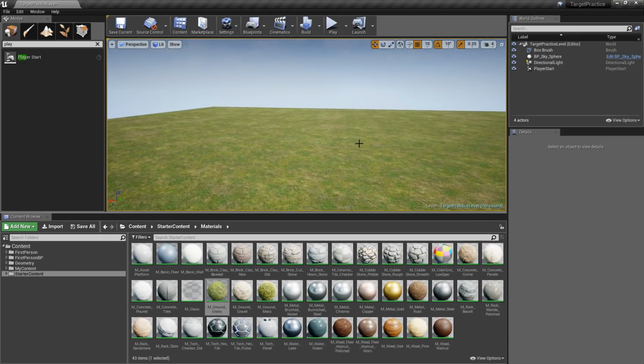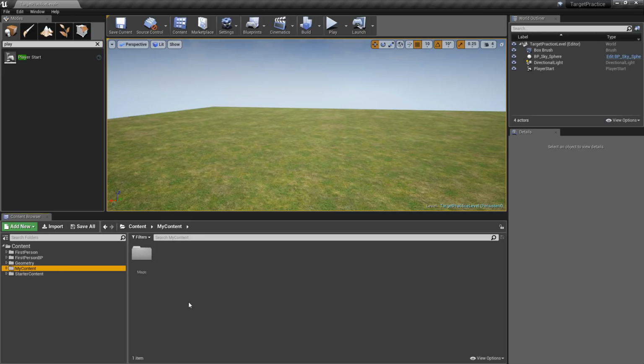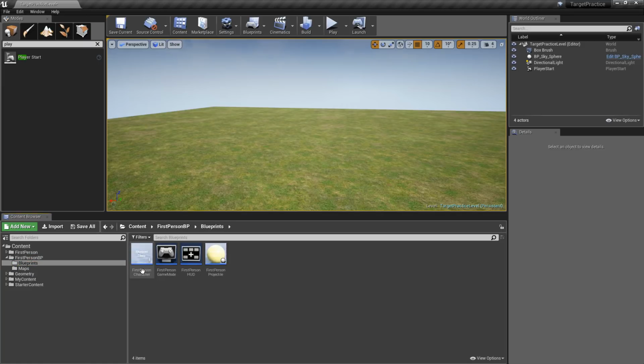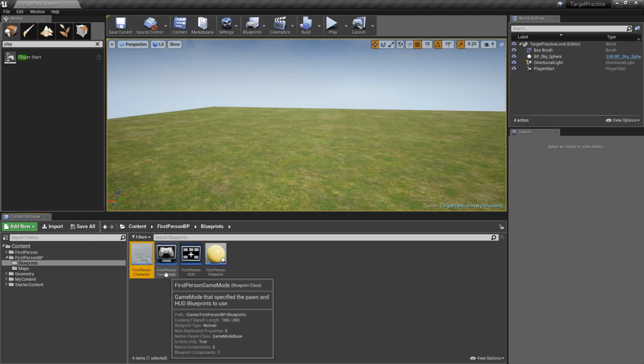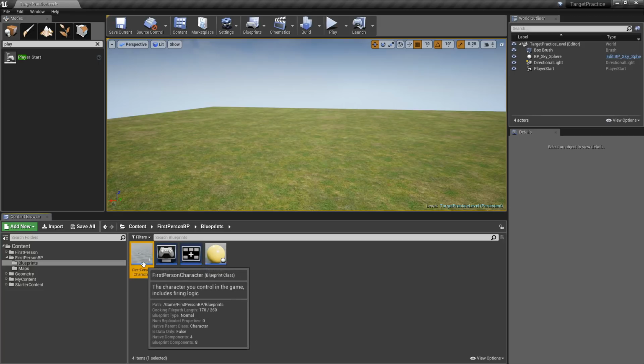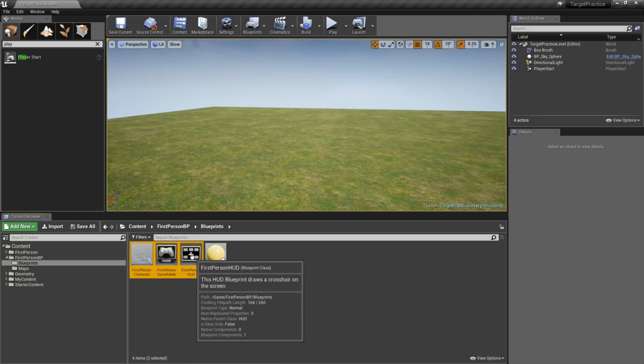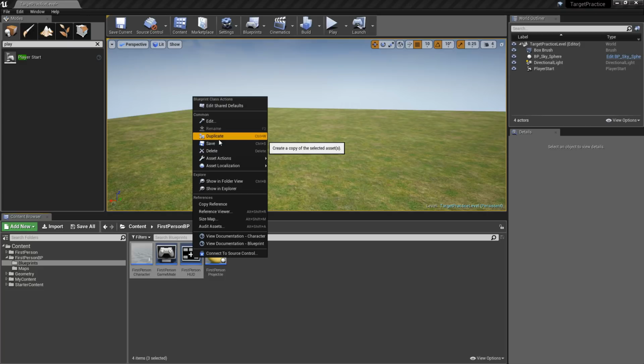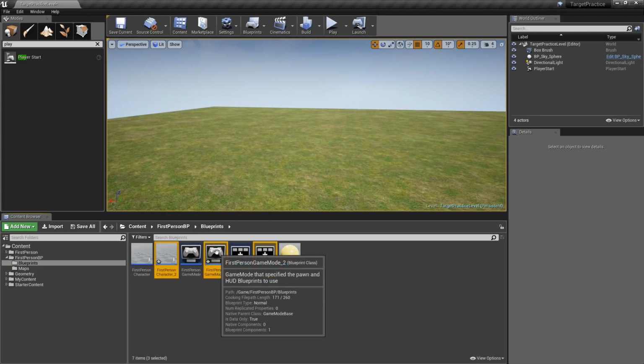So what I want to do now is duplicate those files that control the player and the projectile and copy them into my content and then adjust them. So we can go into the first person BP folder, blueprints. I want the character, I want the game mode, and I want the heads up display, but I don't want the projectile because we're going to make it hit scan. So once you have all of these highlighted by control clicking and right click, duplicate, let's just drag these into my content,